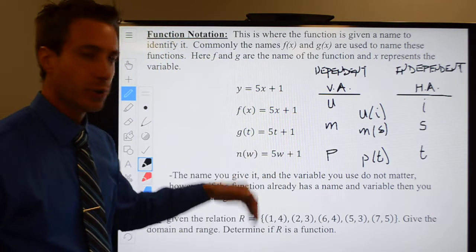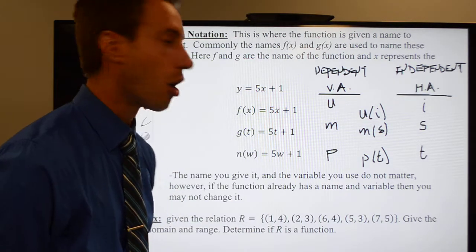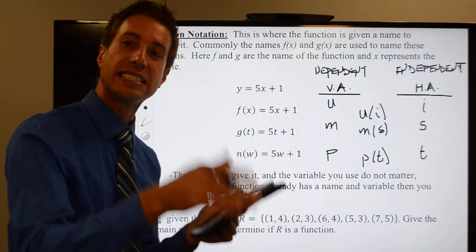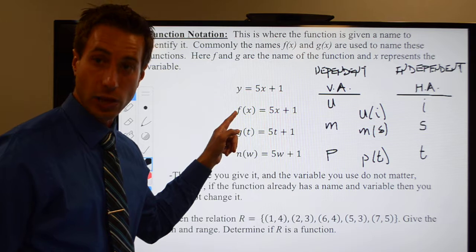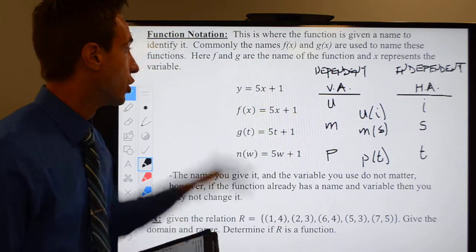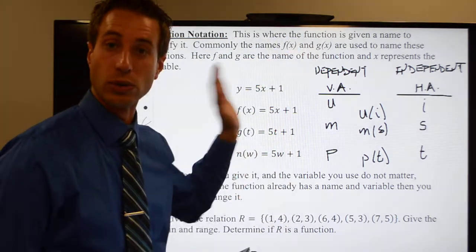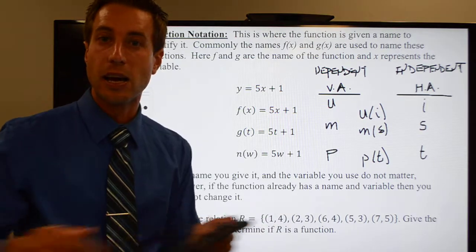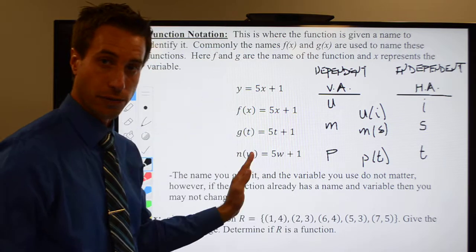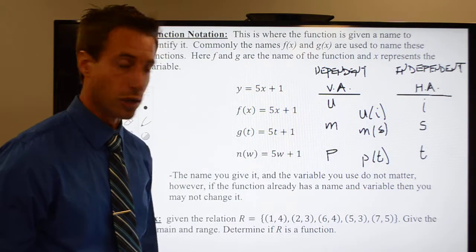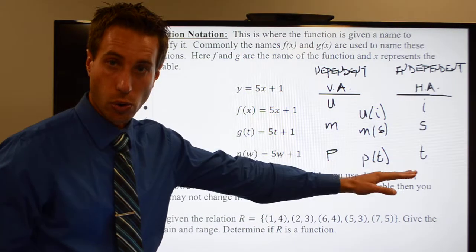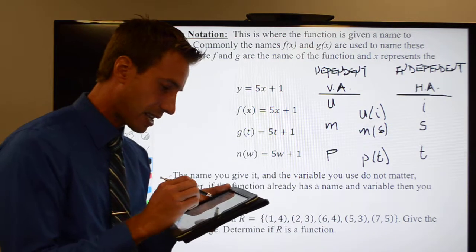So here what I've got for you is a number of different ways that we're going to name our functions. I could just call it y. Absolutely, that's perfectly okay. But if I didn't call it y, f is always going to be the dependent variable. It will represent, right, f of x represents your vertical axis, your dependent variable. X is going to be your horizontal or your independent variable, right? G of t, that's your vertical. T is your horizontal axis. N of w, that'll be your vertical. W is your horizontal. All right, so if we were to graph these guys out,